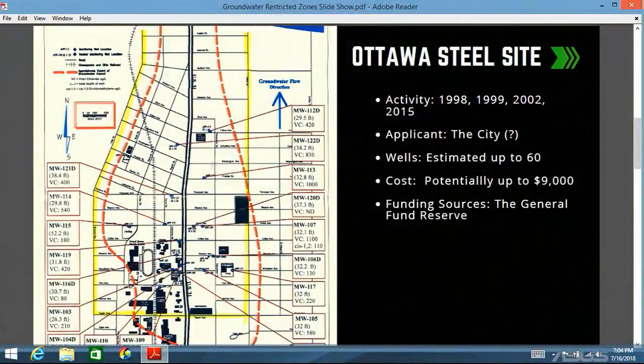The issue with this site is that there is no proven liable party, meaning the Department of Environmental Quality can't force anyone to address this issue. So they are requesting that the city act as the applicant per our ordinance, meaning